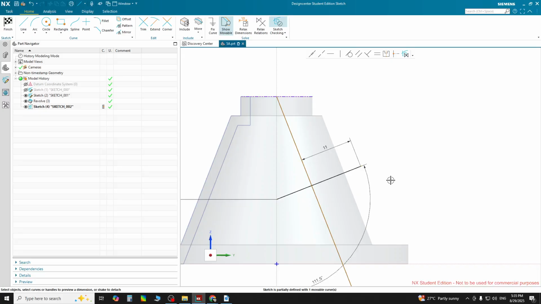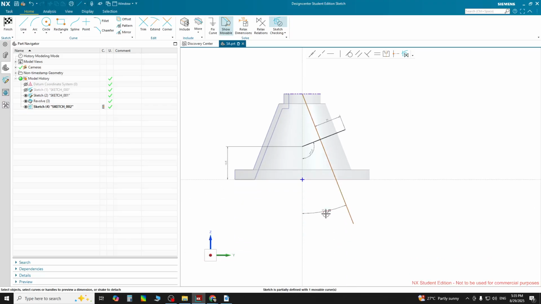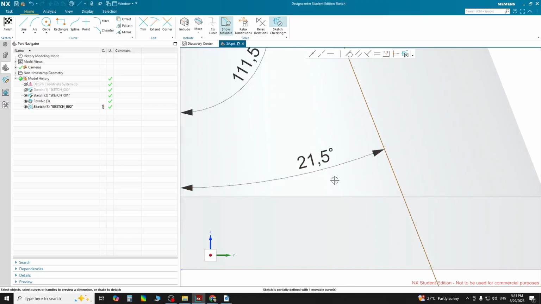So this will be 11, recheck all these values, it will be 11 and 111.5, and the remaining angle will be 21.5,